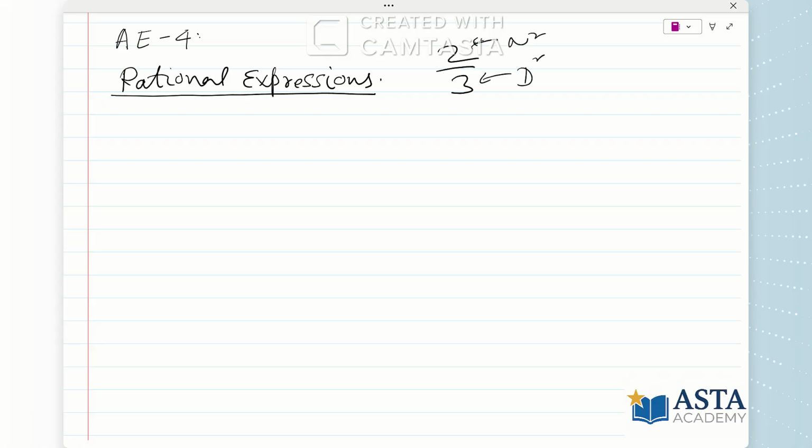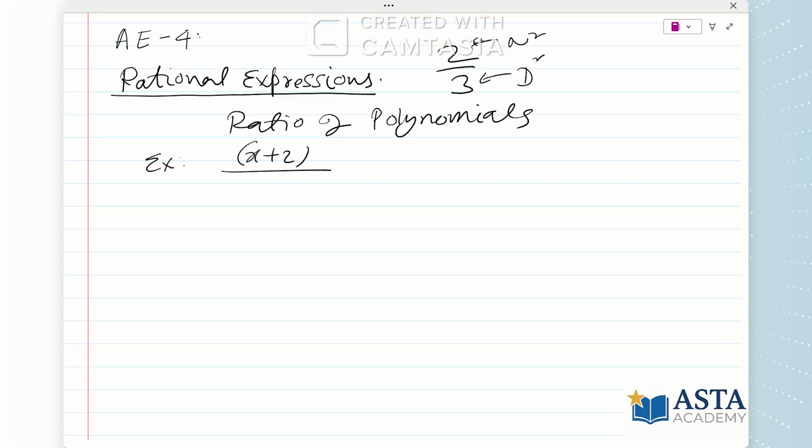Similar to rational numbers, we have rational expressions, which are nothing but the ratio of polynomials. Example, you have x plus 2, an algebraic expression, in the numerator, and then you can have x minus 1 or anything